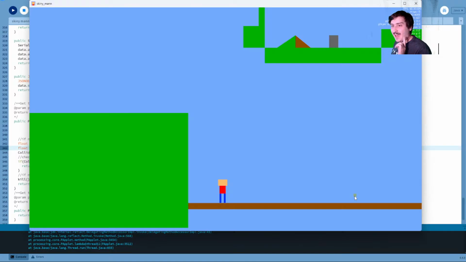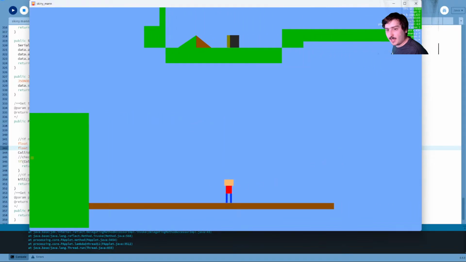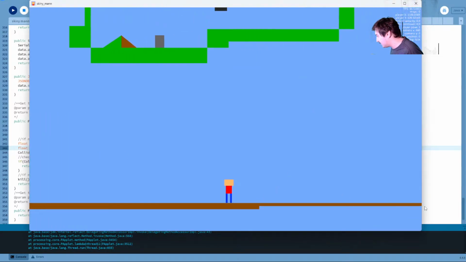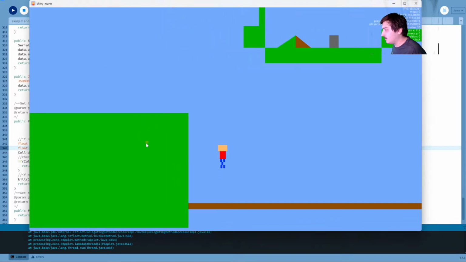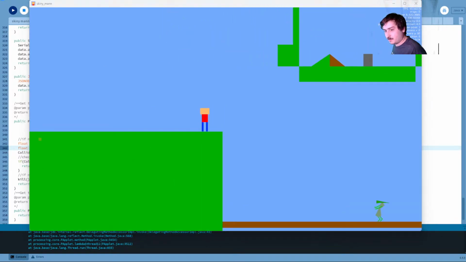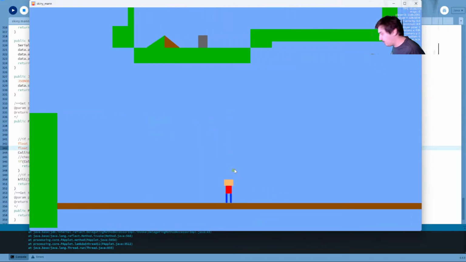If it hasn't detected you yet, you can go at them. I forgot about that. That's another bit of skill to this. If you can sneak up behind them, which is not easy to do, to be clear, but if you can, then, okay, cool. I'll figure out what this error is in a moment. So, turn around, bam! You can just whack him from behind. It works as expected. Now, what is this error?